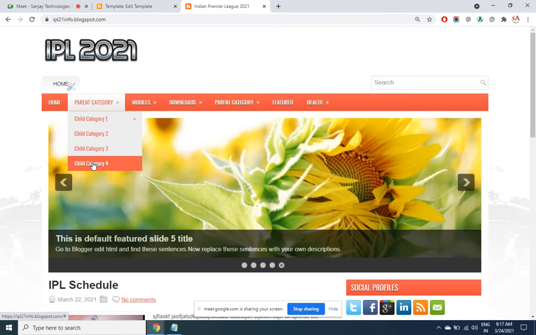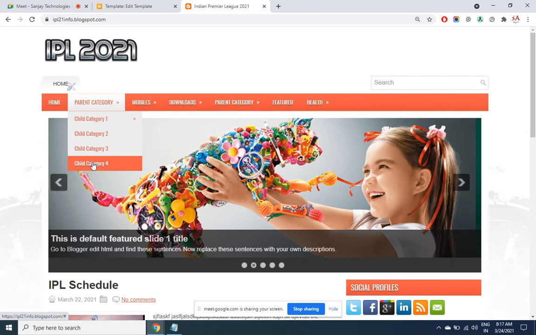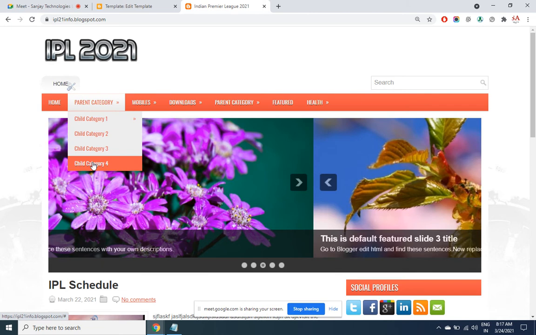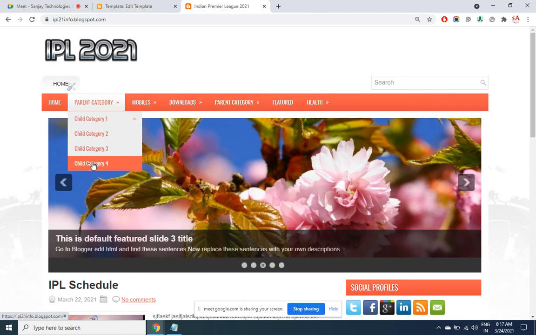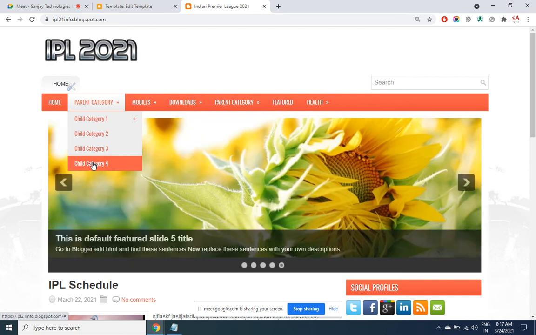Coming to the next section, the slider. Every theme, same procedure. That's why I've taken this theme Ritmo, which has got all the options a theme could have. Slider, menu, social button, this is all what you will be having in a blog. Nothing more than this. So once you know how to work with this theme, any theme should be easy for you.